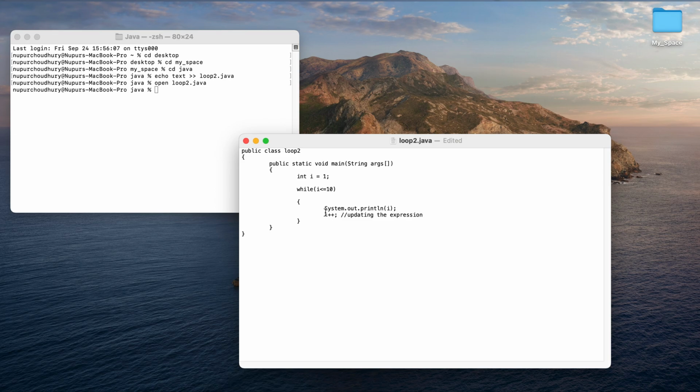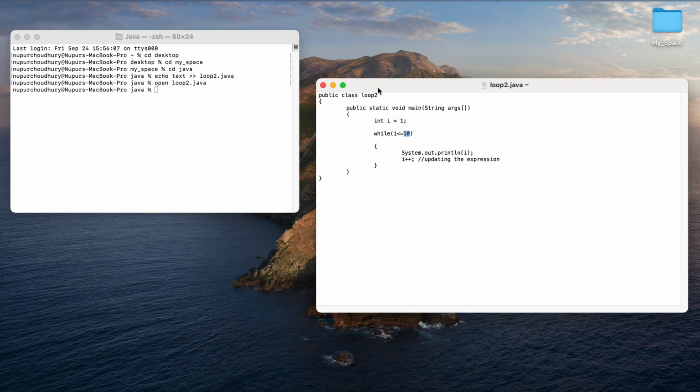So next time the value of i will be 2, and 2 is less than or equal to 10. Yes, it is. So again this will be printed and the i value would be updated. I will now become 3, and it will go on until it reaches the last value, which is 10. At 11 it will stop, come out of this loop and end the program, since there are no statements further.